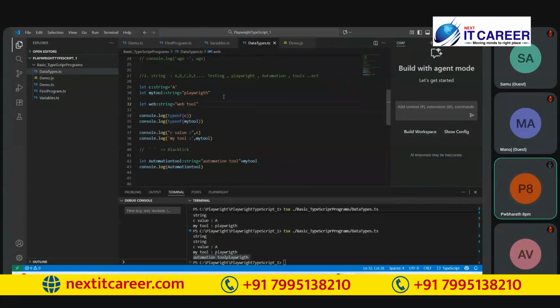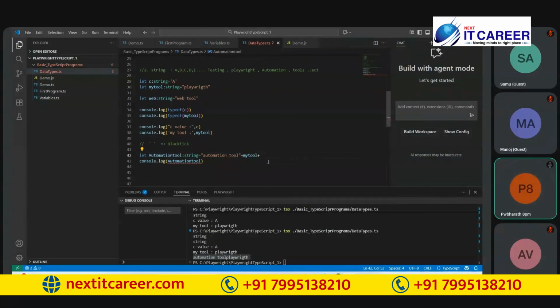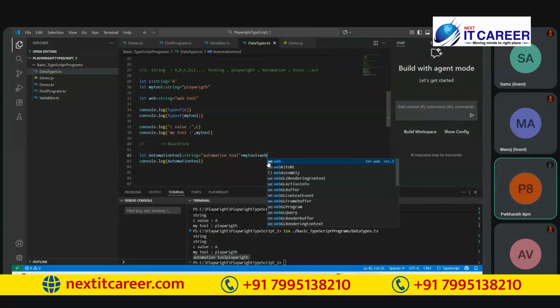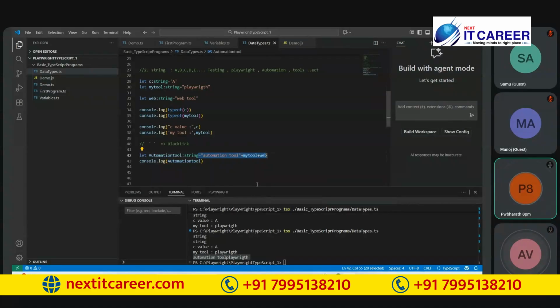I want to concatenate these two variables here. If you concatenate the two, again are you going to concatenate like this? I need these three strings in a single string. So when you concatenate these three strings like this,